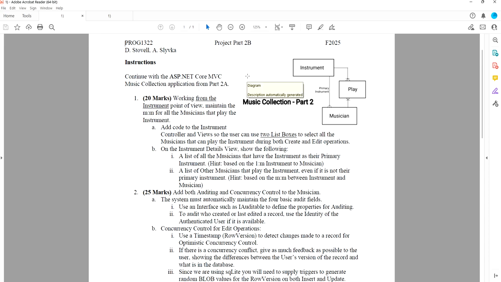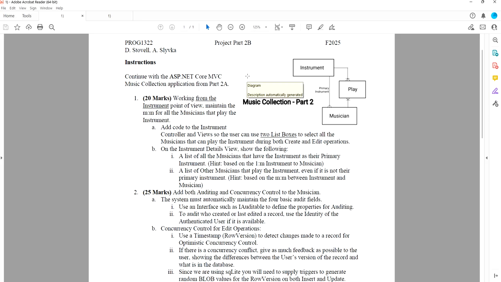Here's a chance to work with this additional implementation of a many-to-many. Now, in our medical office, I used 2 separate many-to-manys to demonstrate these 2 techniques. But what I thought is, before we get complicated adding more and more entities, the truth is that this is a situation where the same many-to-many relationship has sort of a bias. There are not nearly as many instruments as there are musicians. So here's a chance that from the musician point of view, it makes sense that we could just use a